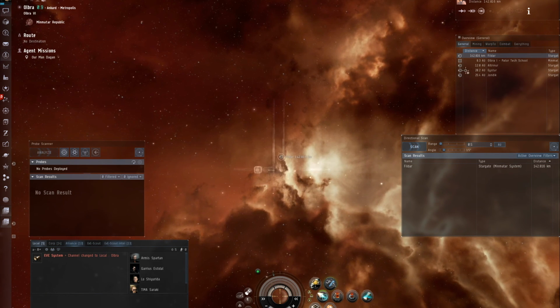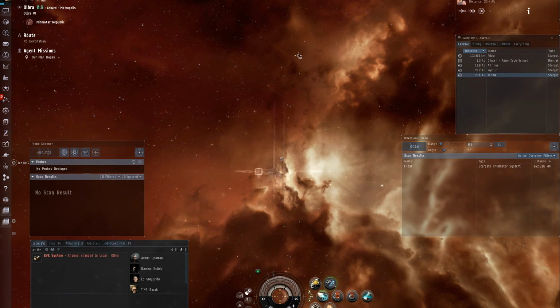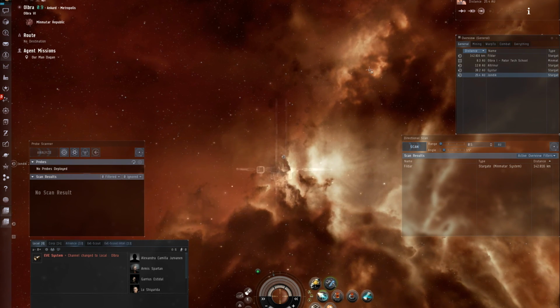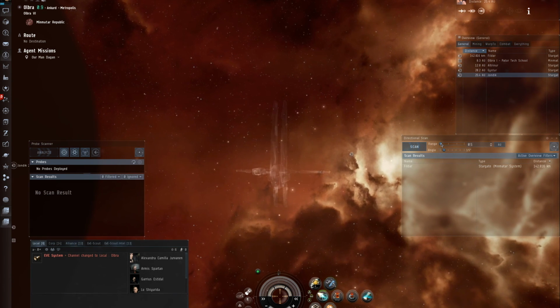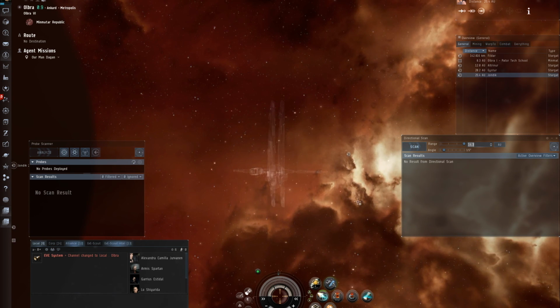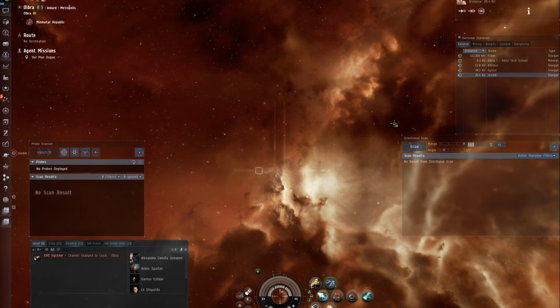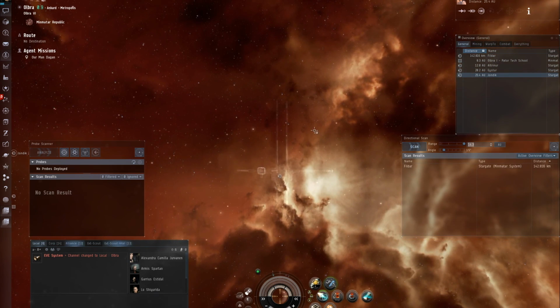The other thing that we can do is, for example, you have a planet, a gate rather, that's out of D-scan range. You'll notice your D-scan can only scan up to 14.3 astronomical units, which is great for here. But if we want to look at